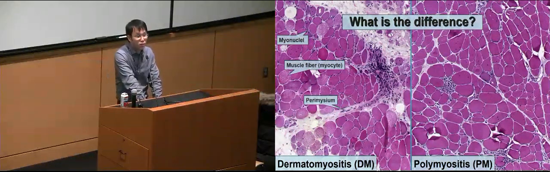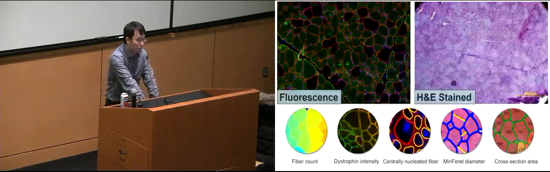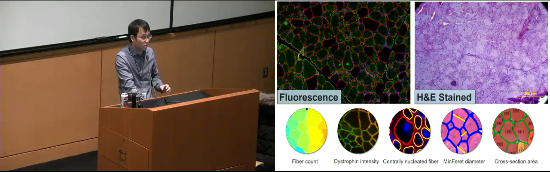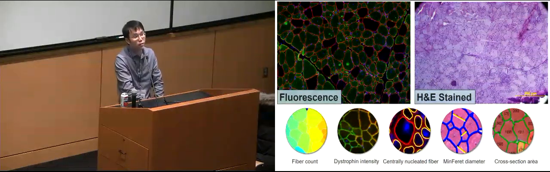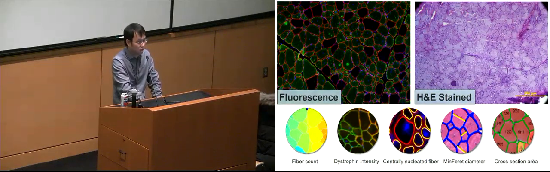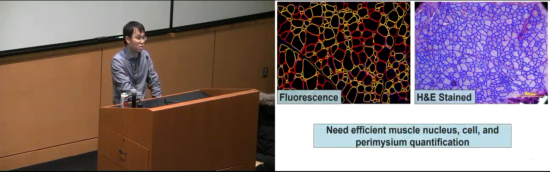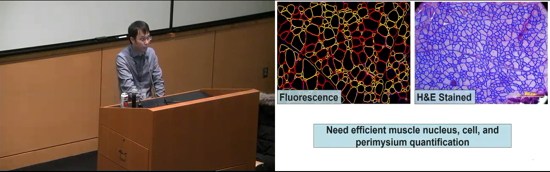So in order to quantify all the biomarkers, such as how many the muscle fibers or what kind of the muscle fiber area, we need to quantify all the items in these images. We need to detect and segment the nuclei, the cells, as well as the perimysium. So obviously, all of this will require the biomedical image computing technology to quantify this kind of the image data. This is one of the applications for the biomedical image computing.